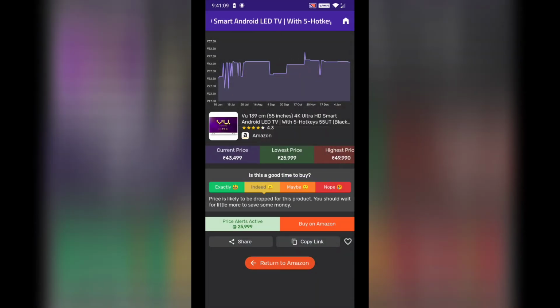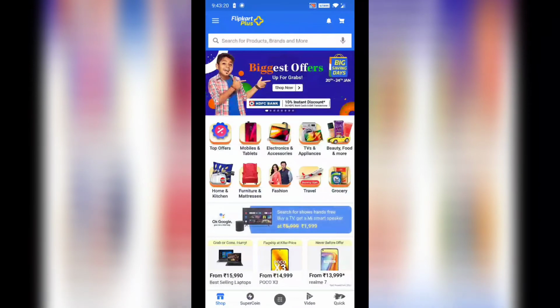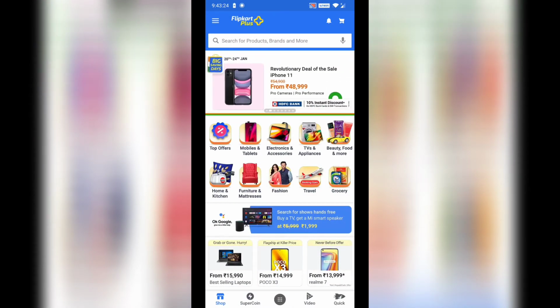What will happen if the price comes down to 25,999? Immediately you will get a notification from this price history. Go and purchase immediately. Now we will check the same price history using the Flipkart app.